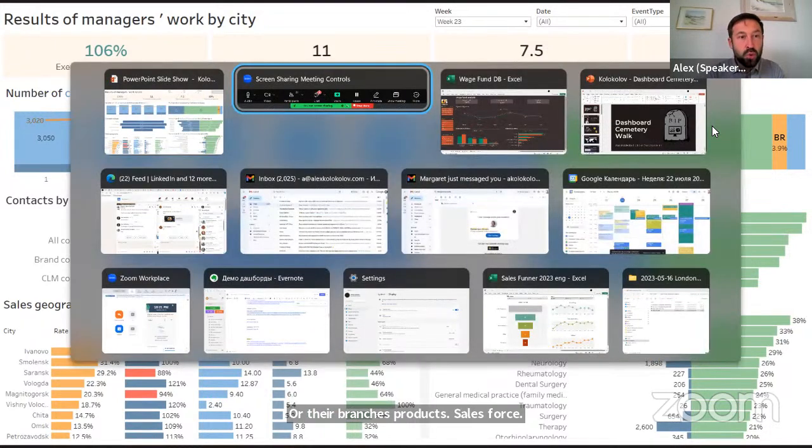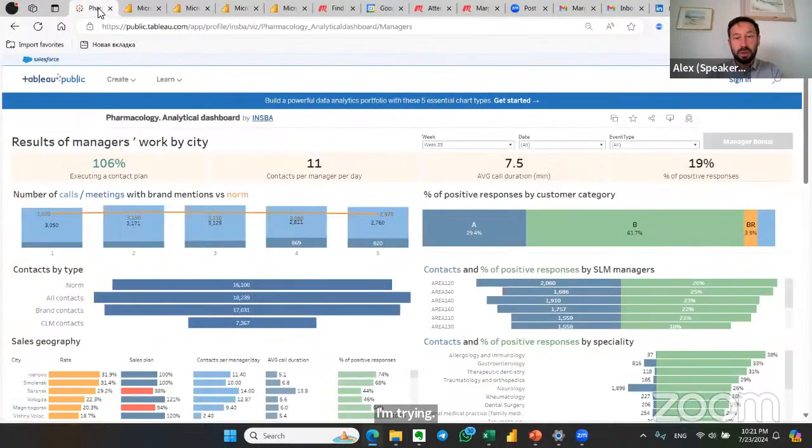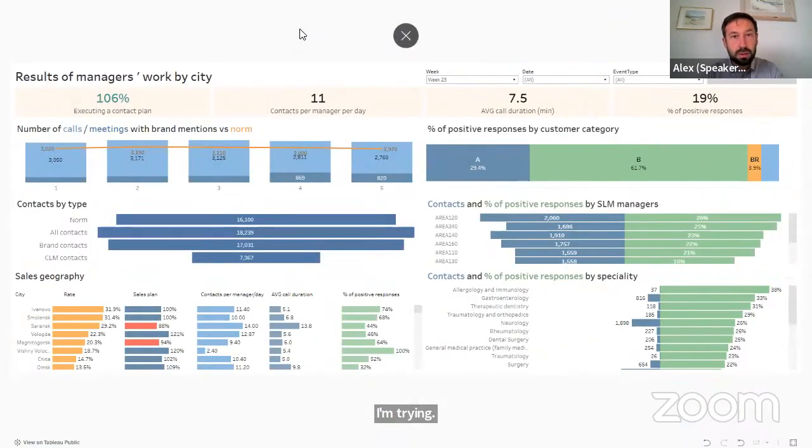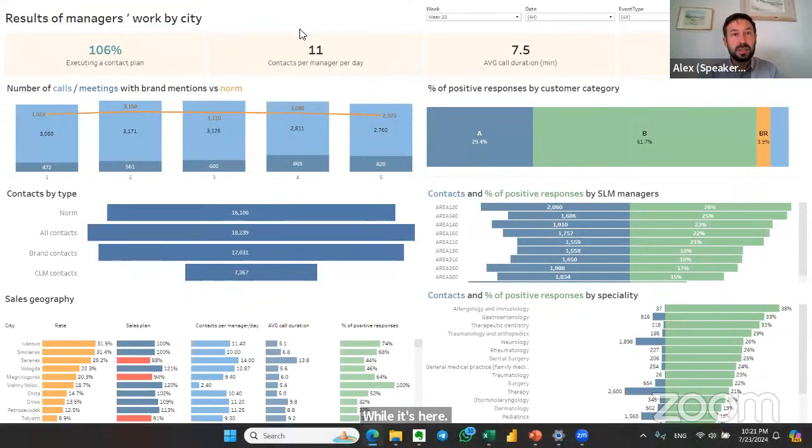Let me show you this dashboard. I'm trying to find it. It's here. Oh, yes, as I said, it's developed with Tableau.